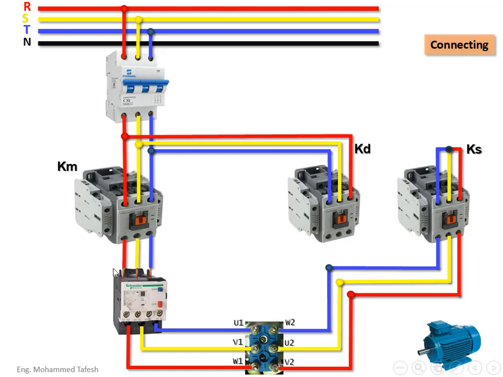Electricity input passes from the network through the breaker and the main contactor, then to the overload, then to the 3 motor input terminals U1, V1 and W1. The 3 output terminals of the motor are connected at one point through the star contactor, as you see here in this picture. In the event that only the delta contactor is running,